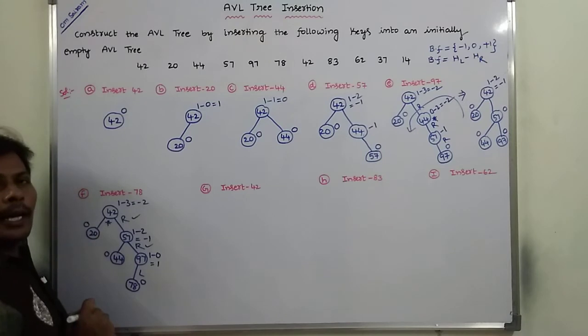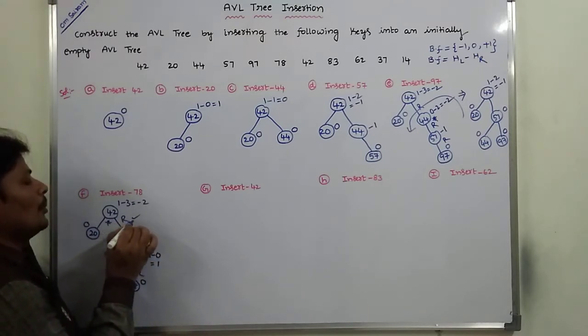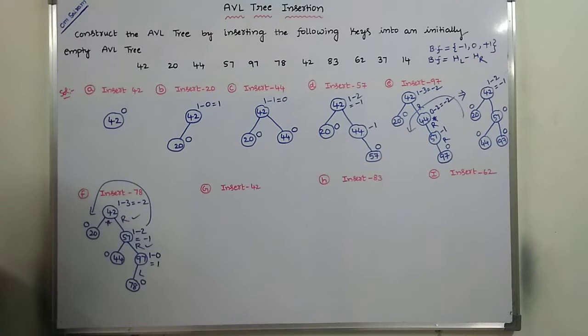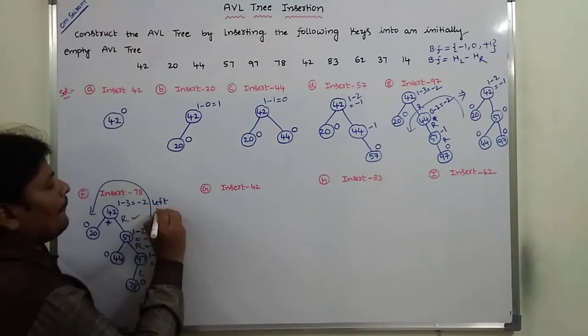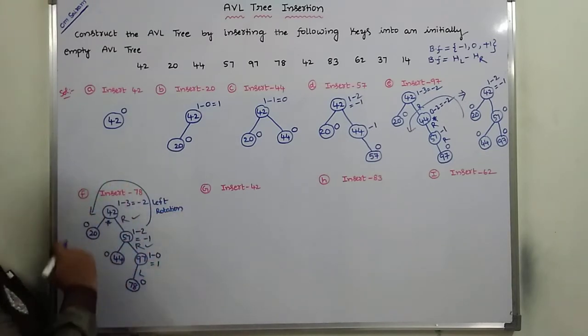So whenever RR rotation is required, we have to perform the rotation with respect to the node 42. So this rotation is left rotation. Whenever RR rotation occurs, then we have to rotate the AVL tree with respect to the node 42